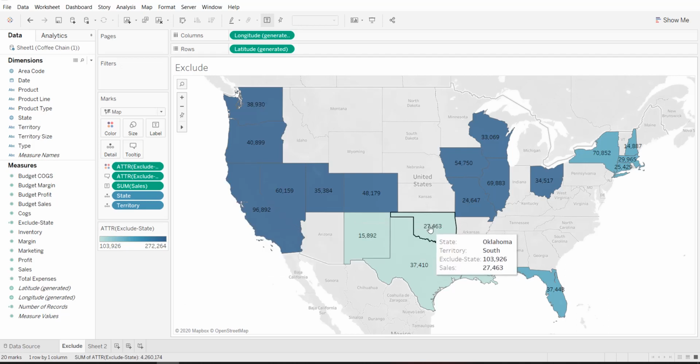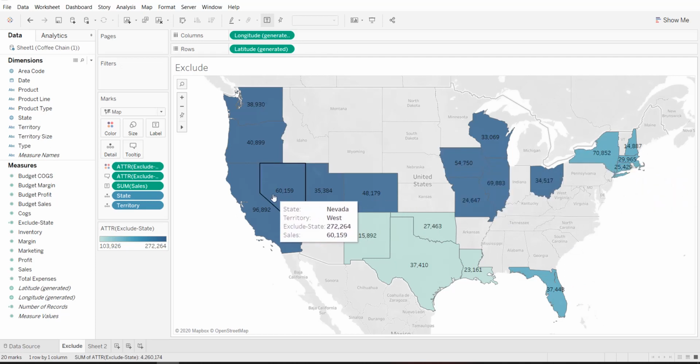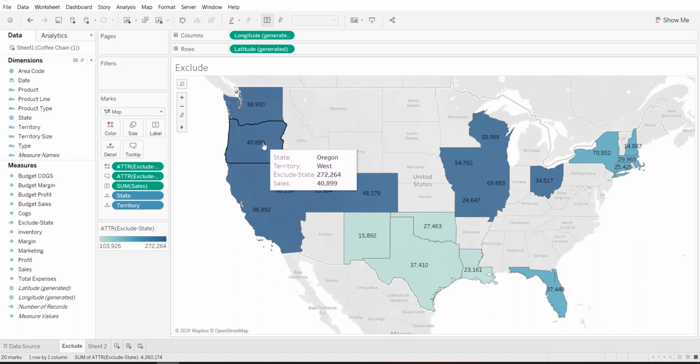So from here what we can see is the south is the lightest of all. So this means this region has lesser sales as compared to other regions. This west is a bit darker, and this one is the darkest. West is having the maximum sales. Okay,